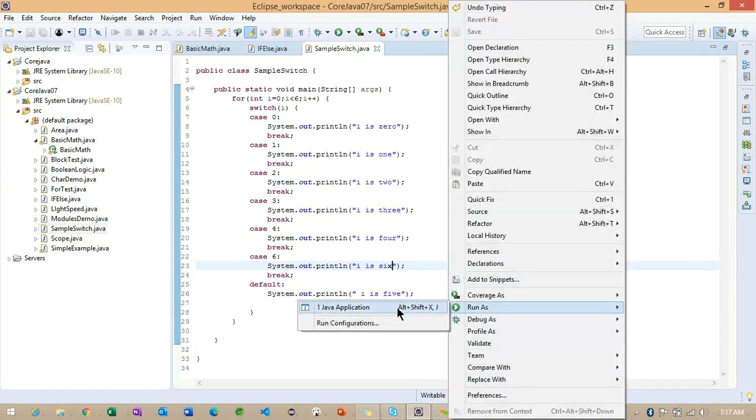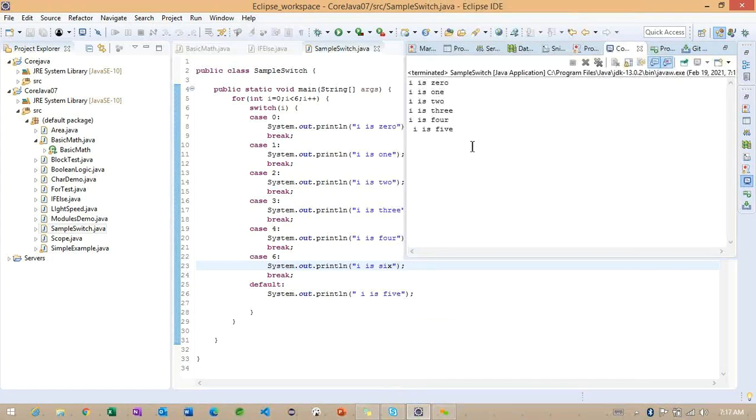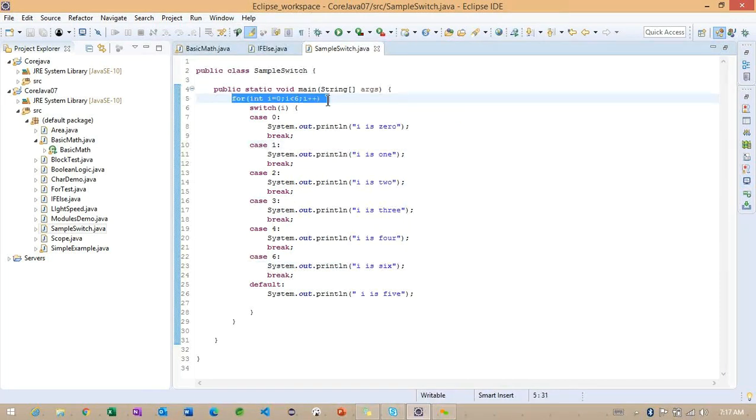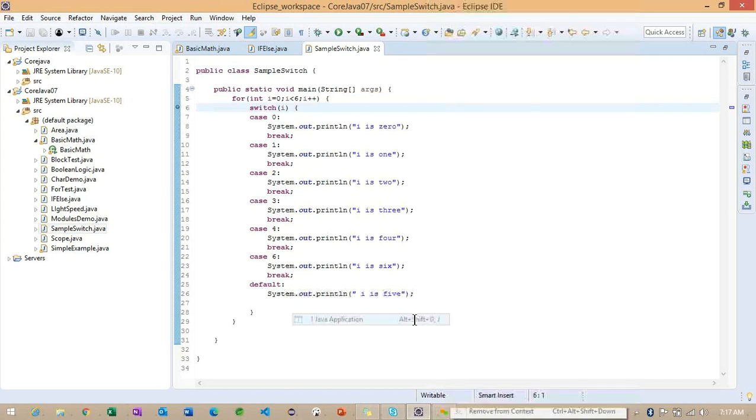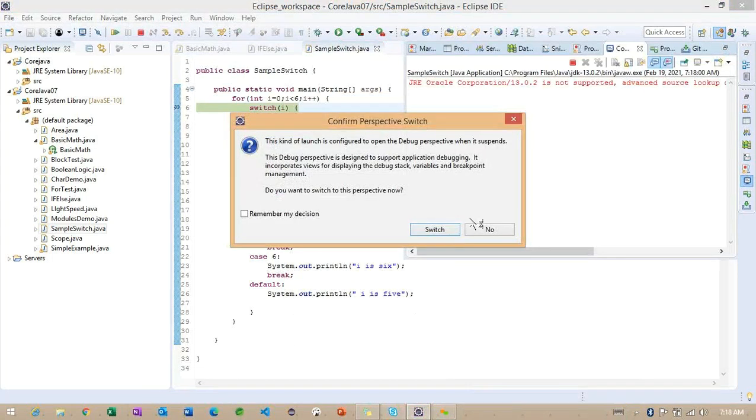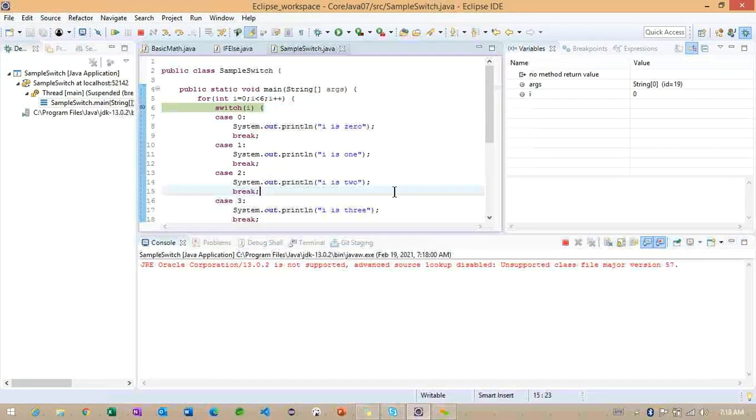So we'll see whether this particular 6 is going to execute or not. Even though we are defining the 6 expression here, we are not getting it. Why are we not getting it? Because the loop is going to repeat only 0 to 5. Getting the point. So this is the way we can work with the switch case here, and we'll see one time how exactly it's working internally. Right. So what we are doing here, I am trying to make one breakpoint here.